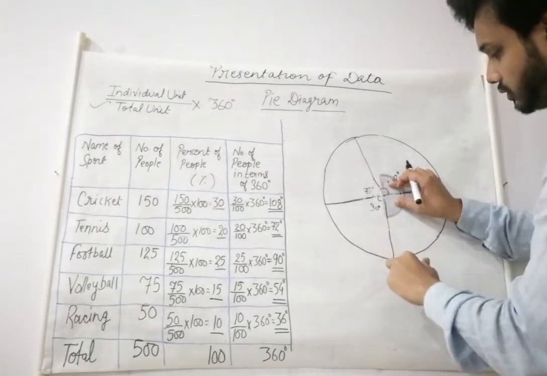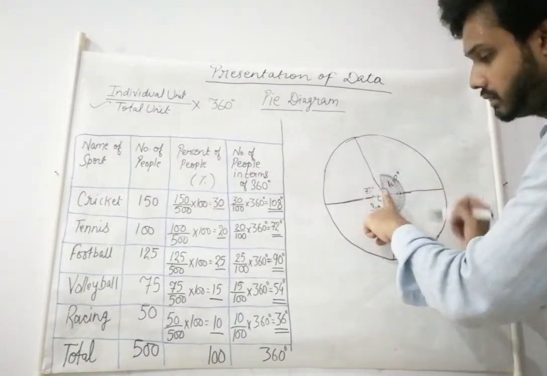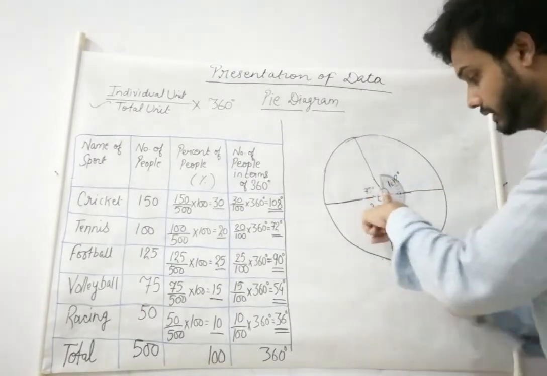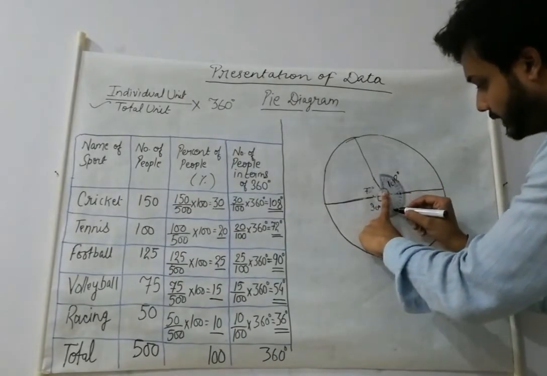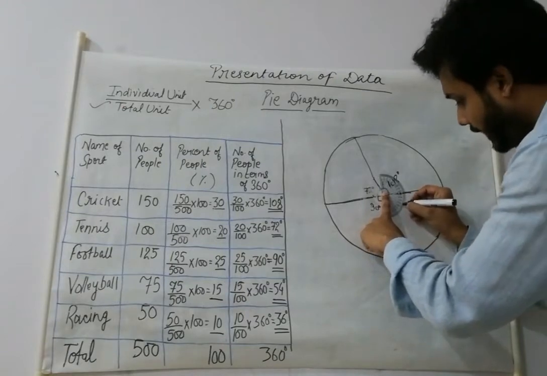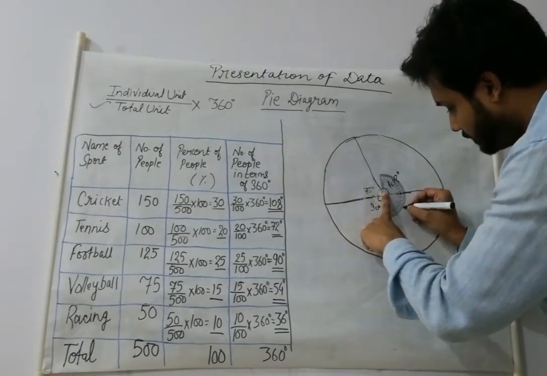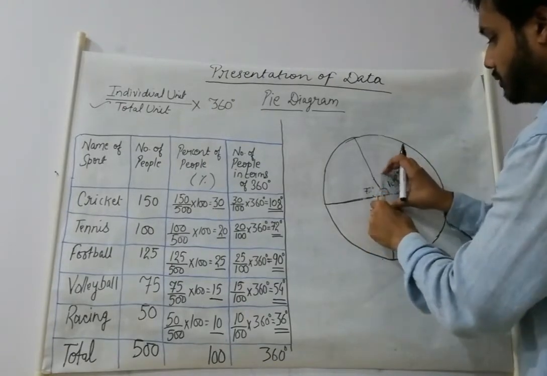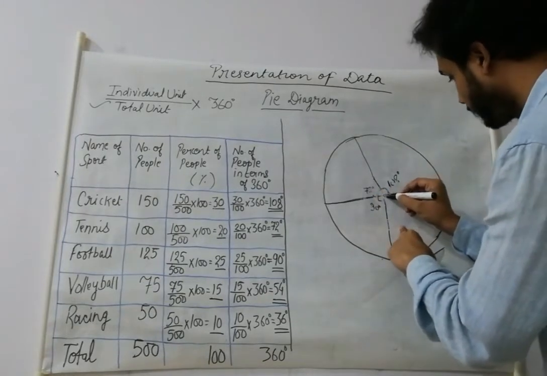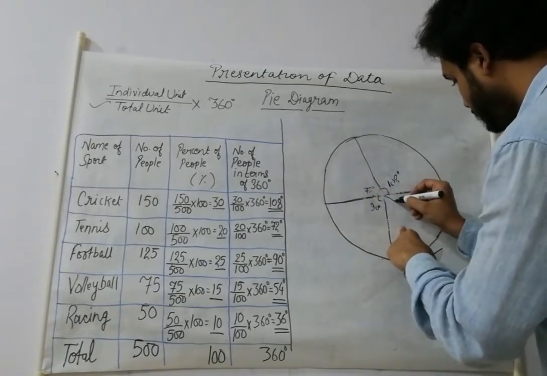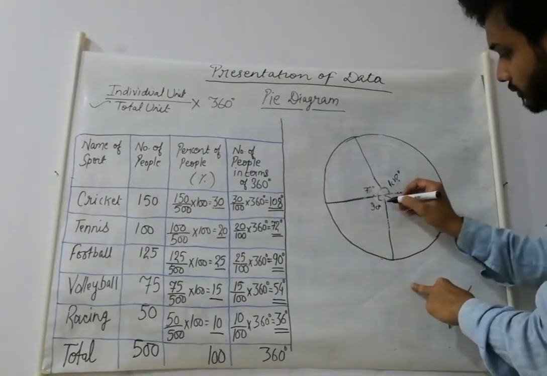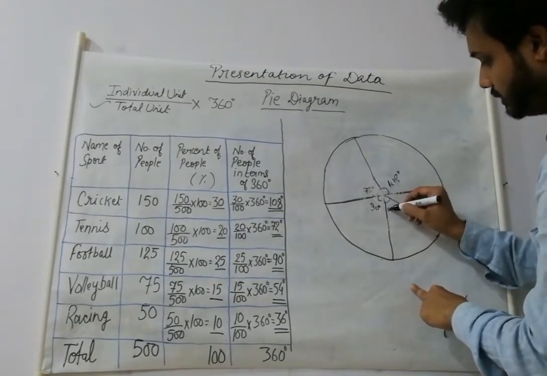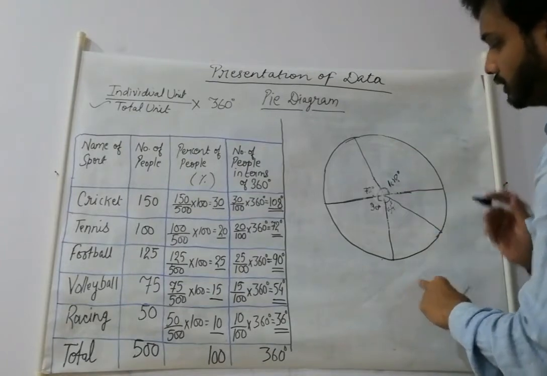This should come on the 0 degree line, and from here how much do we have to plot? 54 degree. So look for 54 degree. Here it is 10, 20, 30, 40, 50, and before 55 a line is made. So make a point there and just join it. So this space which is made will represent 54 degree.